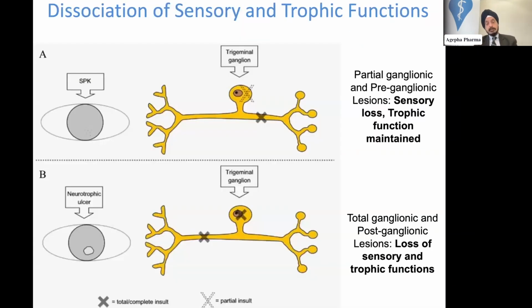Then there's another thing interesting about nerves is this dissociation between the sensory and trophic function. And this is quite important clinically. So you can imagine this is the cornea, and these are the nerves that are getting to the cornea. Trigeminal ganglion. This is a unipolar ganglion. So the nerves come into the ganglion, as neuron, and then go like that without synapsing, and they go to